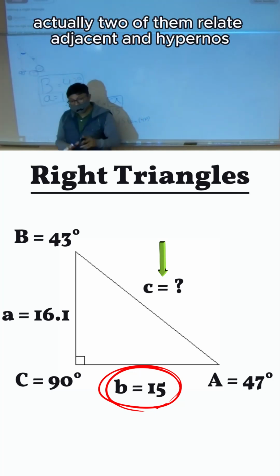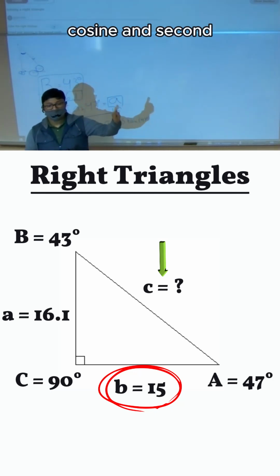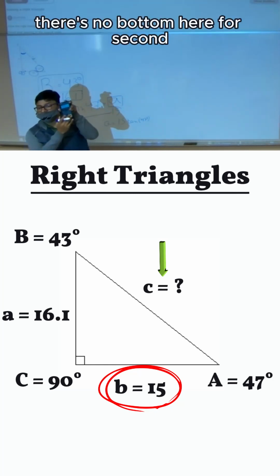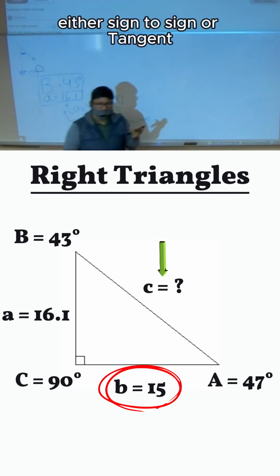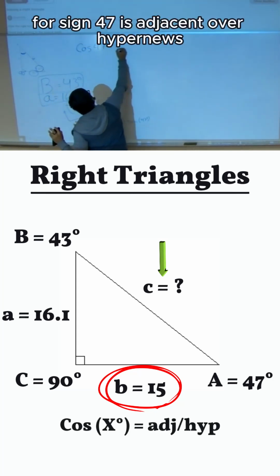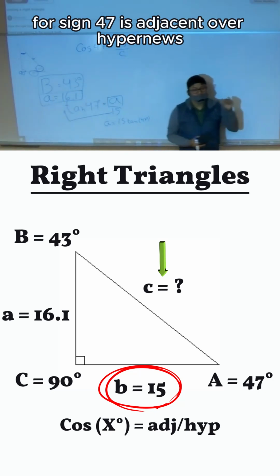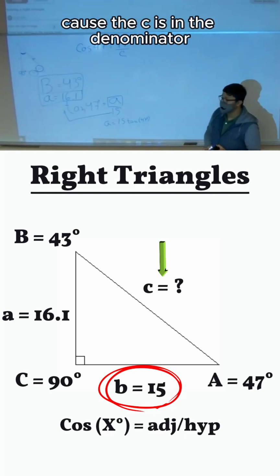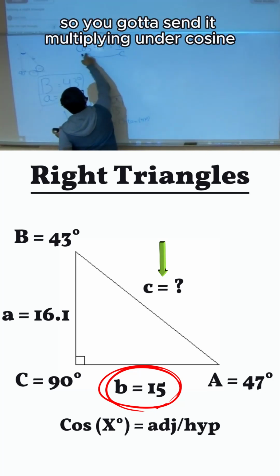Cosine. Well, actually, two of them relate adjacent and hypotenuse, cosine and secant. However, there's no button here for secant. That's why we stick with the three basics, either sine, cosine, or tangent. Cosine 47 is adjacent over hypotenuse. This has a little bit more of algebra to it because the C is in the denominator. So you gotta send it multiplying and the cosine